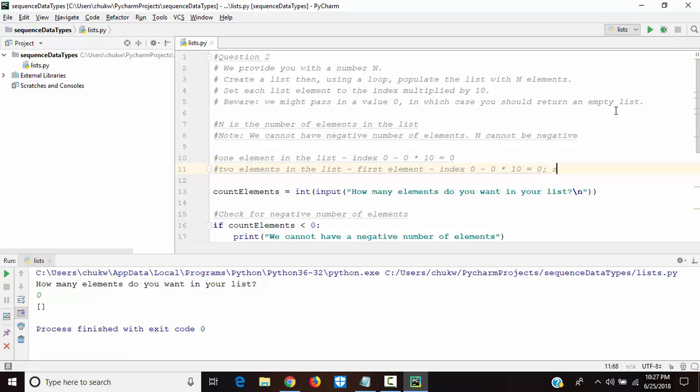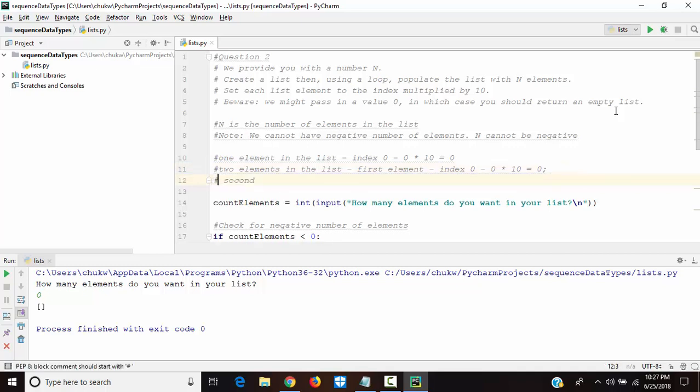And then the second element is index 1, and that would be 1 times 10,